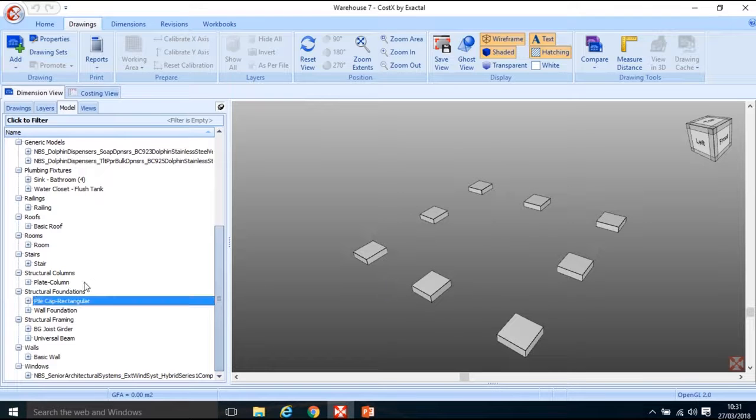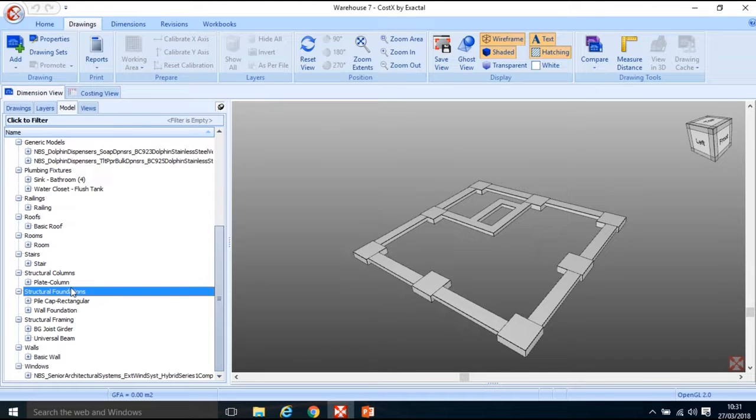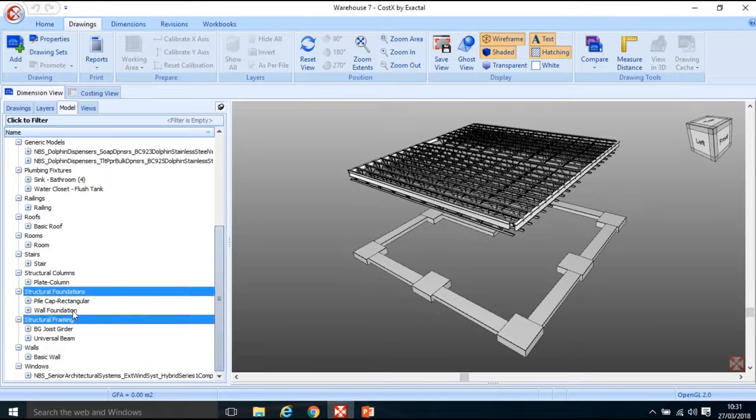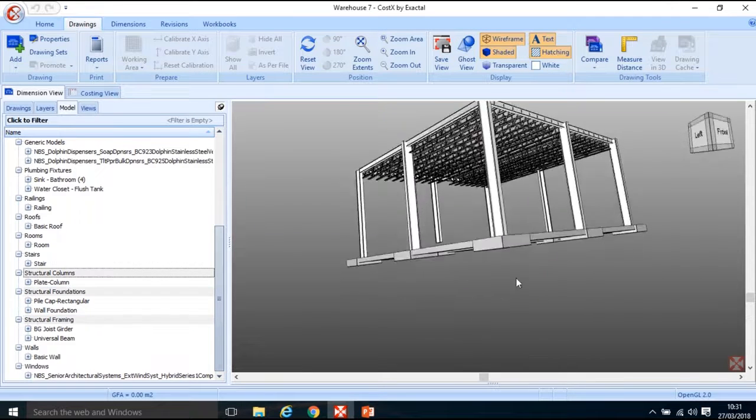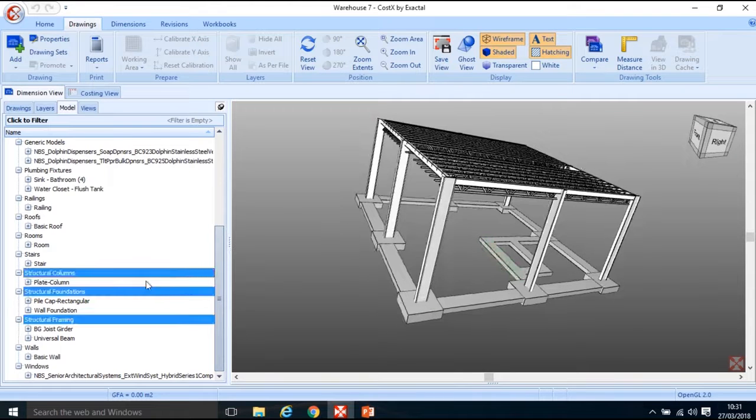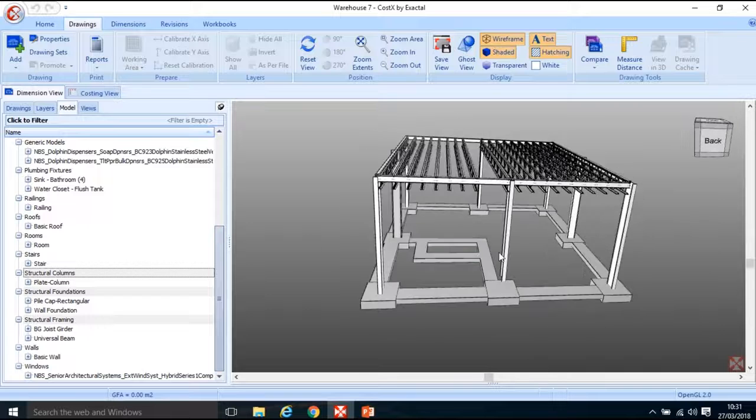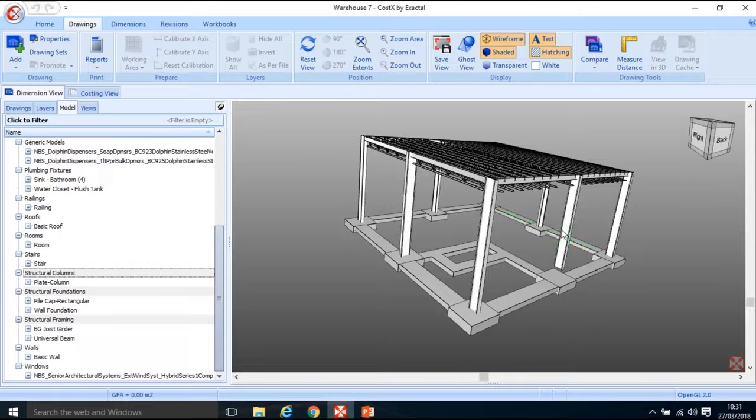I can just click the piles if I want, but I'm going to click structural foundations, and I'm going to hold down the control key and click the structural framing and maybe the columns. So there we have a number of different folders in the tree selected together, and it's a nice way to, I suppose,